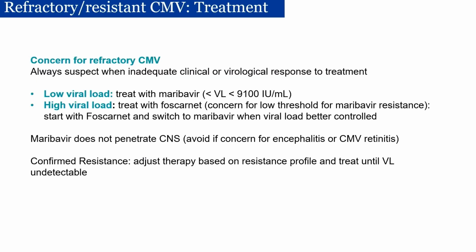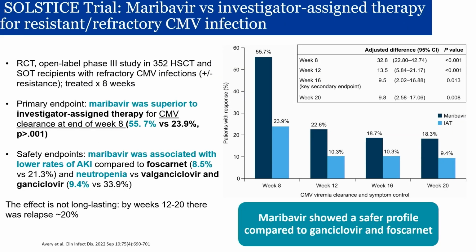Ultimately, if you're switching a patient to maribavir, we want to make sure that patient has a very low viral load when you switch. And that's what the data has shown. So in the SOLSTICE trial, and I'm sorry I'm going quickly through this, I want to put this up there to show where we have the data for ID, since there are a lot of areas where we don't have data. But not to get into this granularity right now, just to say that from the SOLSTICE trial, what we learned was not only that maribavir had a safer profile compared to ganciclovir and foscarnet,